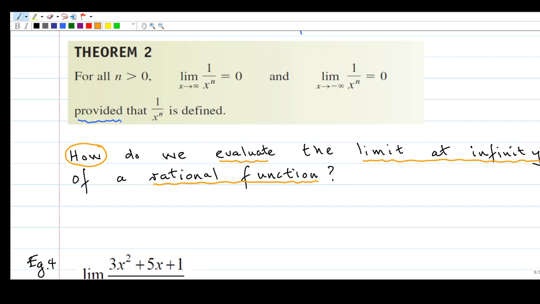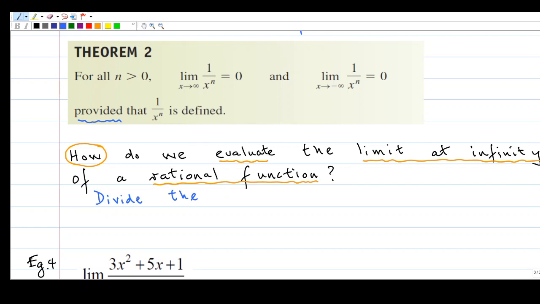Now recall, a rational function has a structure, a polynomial divided by another polynomial, provided the polynomial in the denominator is not equal to 0. So here, to proceed with a problem of this type, we divide